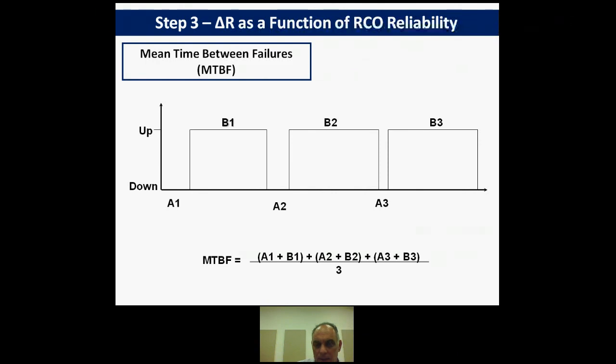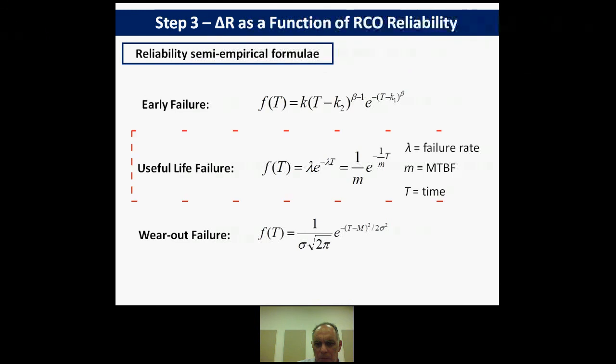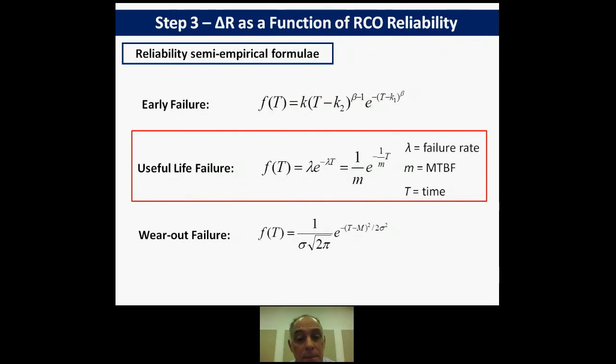So we can have an indication of a failure rate in order to be able to come up with the evaluation of the reliability of the system for either phase of it. In other words, the break-in period or the wear-out period, but most importantly, and this is convenient as well, for the useful life period,